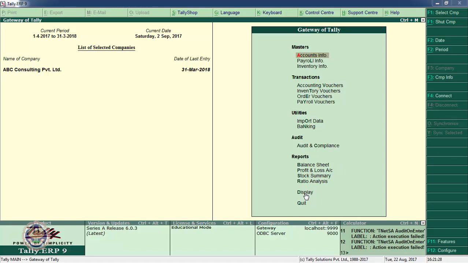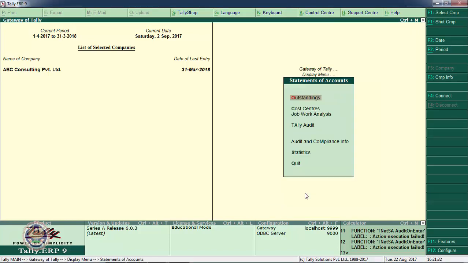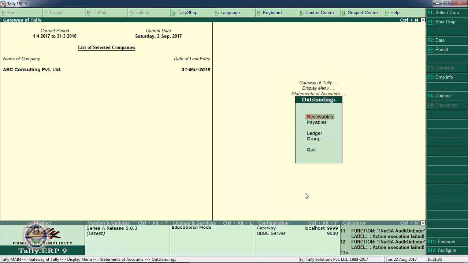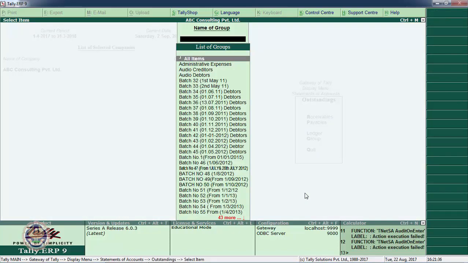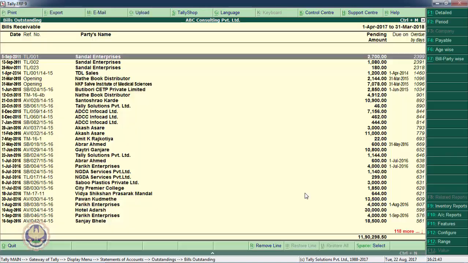Let us go to this display menu, display, then statement of accounts, outstanding, and receivable. Inside this menu, you can select the group. I am selecting sundry debtors, and I am getting a list of all the pending bills, that is receivables, under the group sundry debtors.